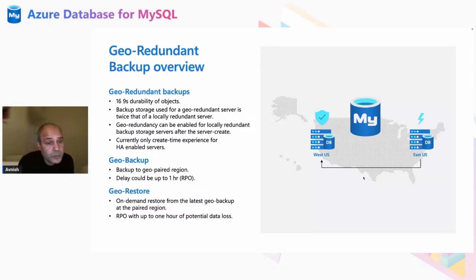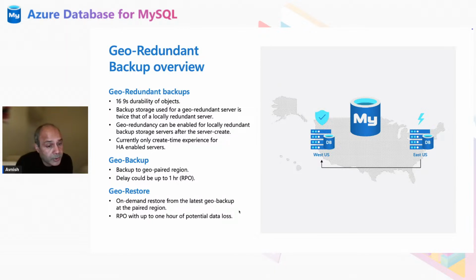So in case of geo-redundant backups, we covered most of the points, but as I mentioned, your backups will be copied in the paired region, and for each Azure region we have a dedicated paired region. For example, East US 2 might have Central US. In that case, your backups would be automatically copied in the Central US region. But you can use these backups to restore in any region where the MySQL service is available. And